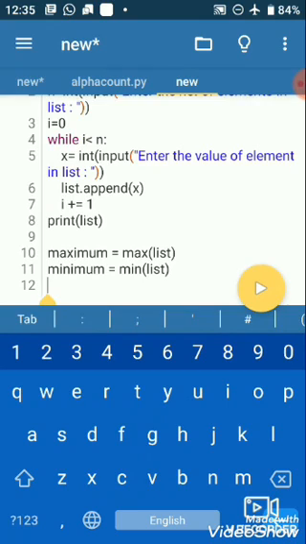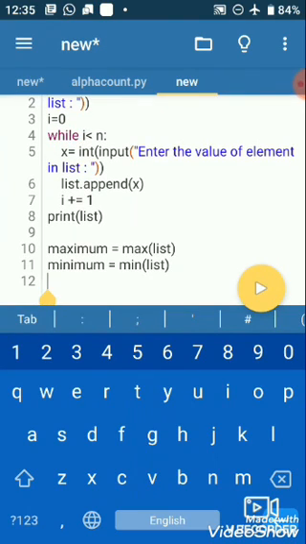After this, we want to watch the result, so we use the print statement.